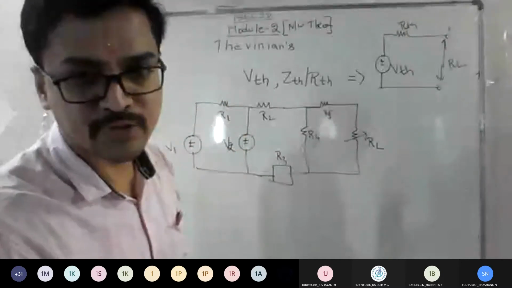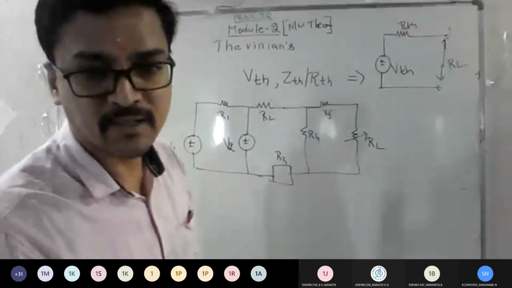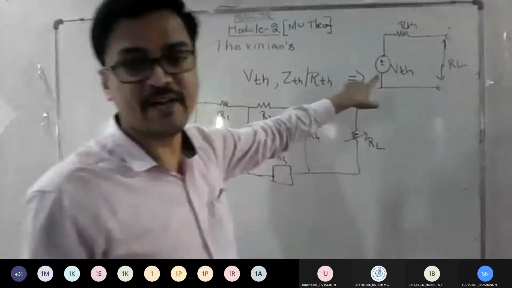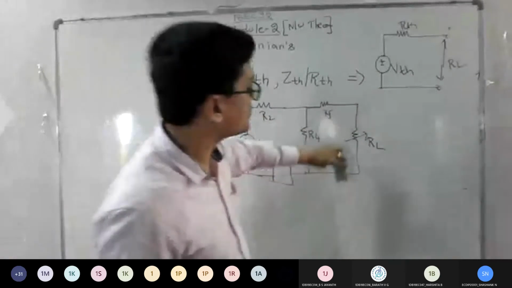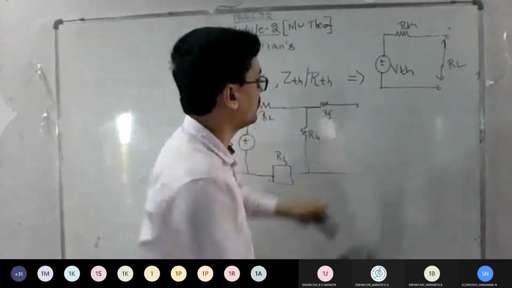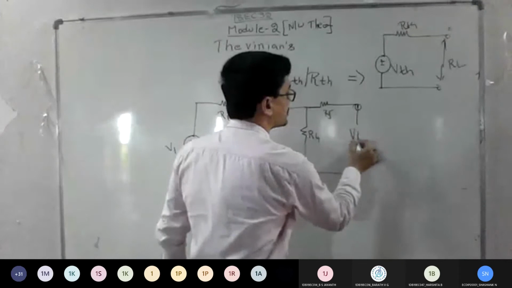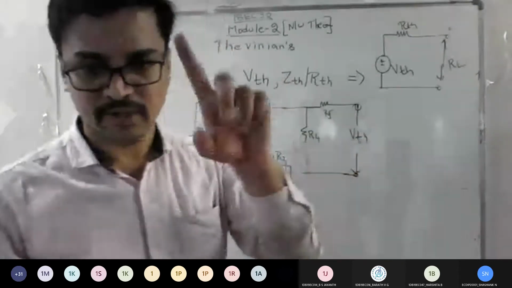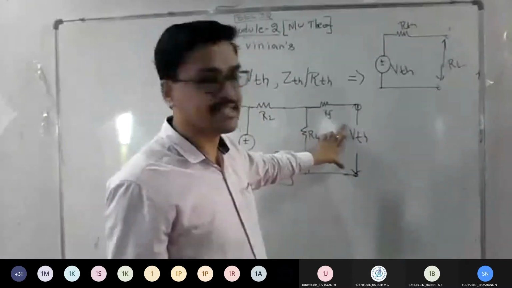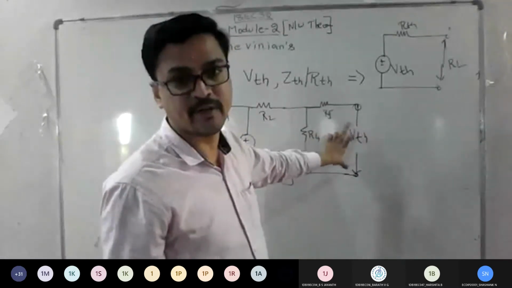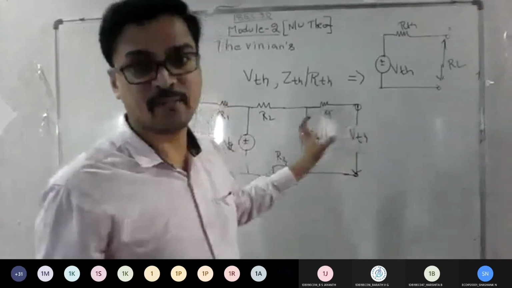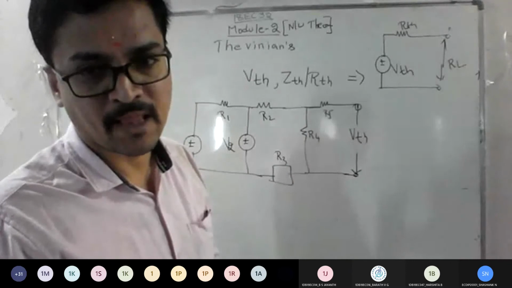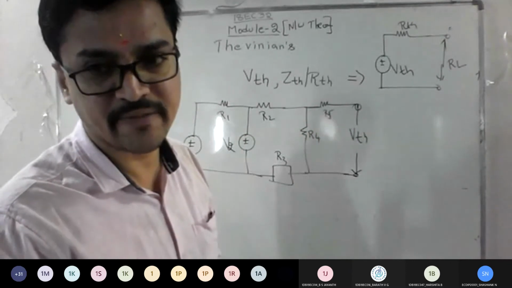Okay. So the procedure to solve is, first, to find VTH. You need to find this, right? To find VTH, wherever the load is, replace the load with the equivalent VTH. I'll repeat. Wherever the load is in the network, remove that and add VTH there. Now you need to find VTH. Either you can apply your KCL or KVL logic and get the answer of VTH. Am I clear with this first point? The procedure of Thevenin's, everyone?